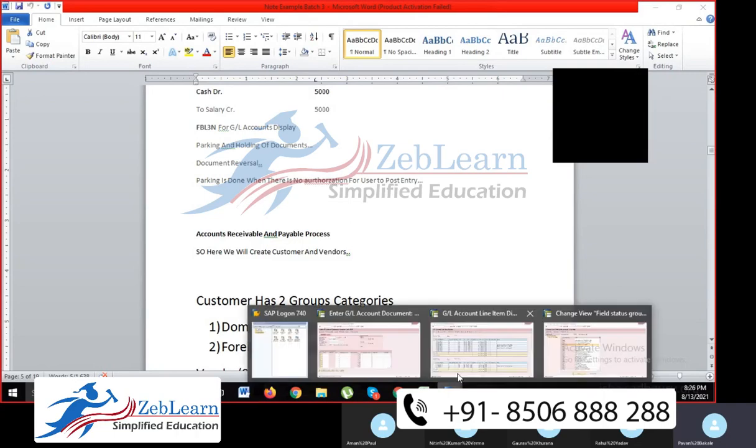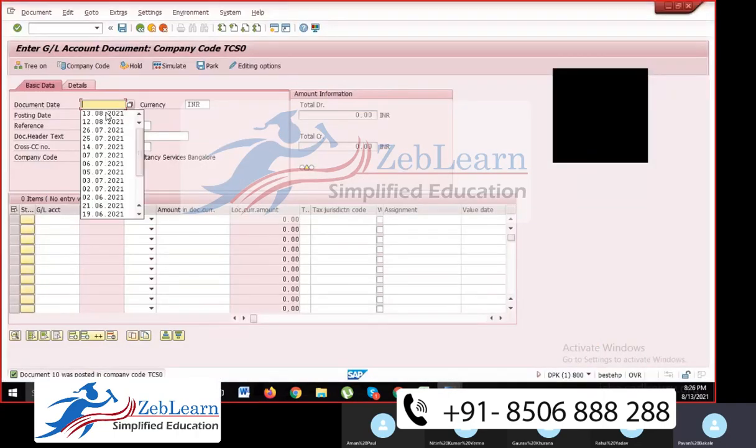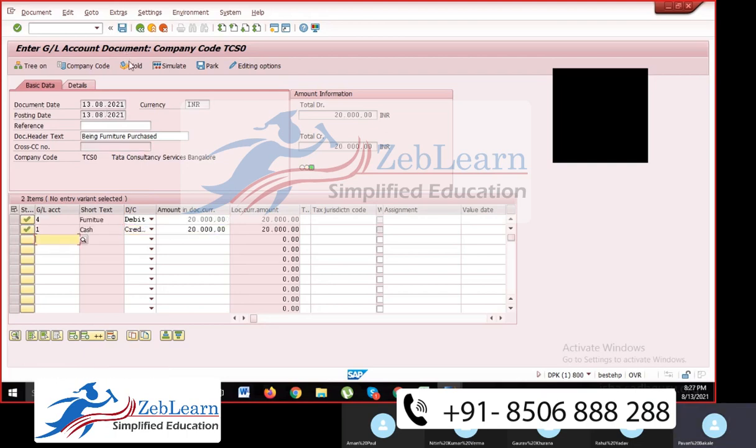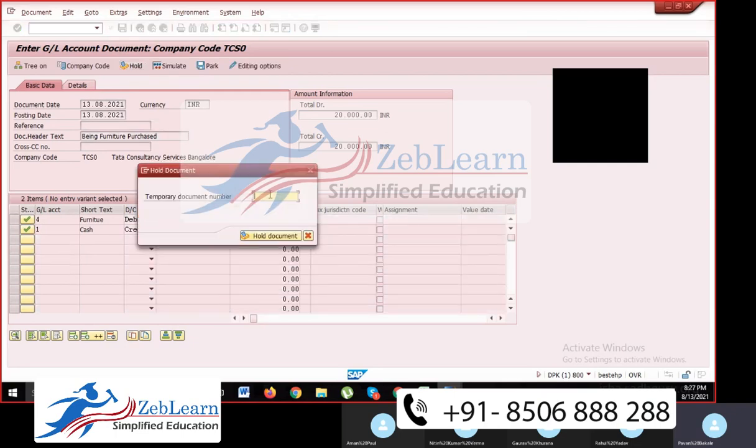Holding, I'll show you once again. For holding, first of all, you need to give the date and the entry you are holding. And hold here. And give the temporary document number like this.